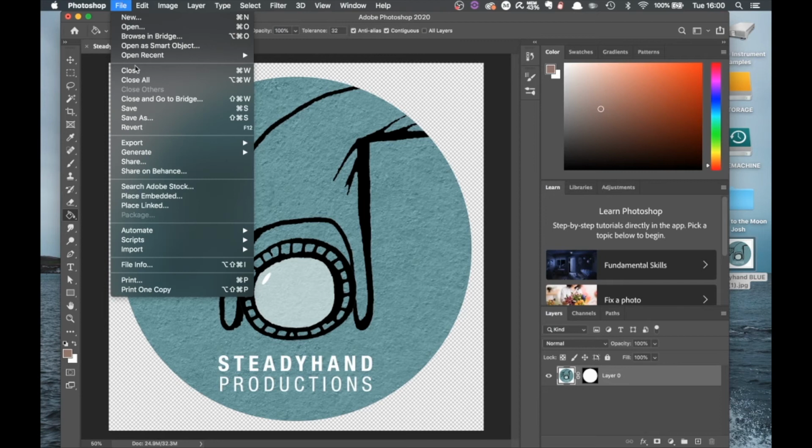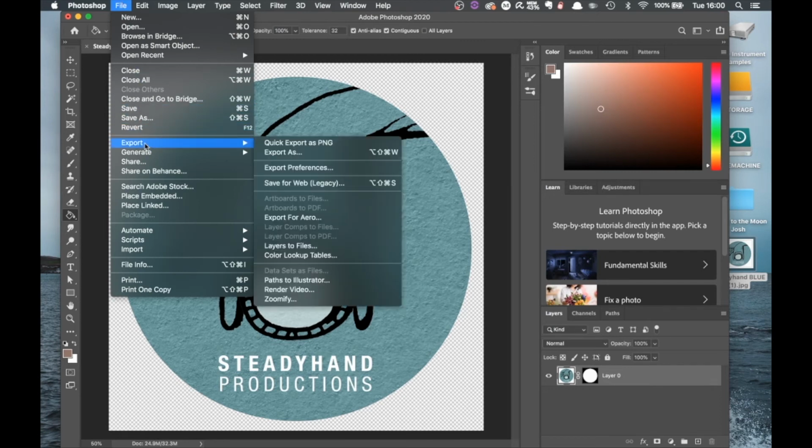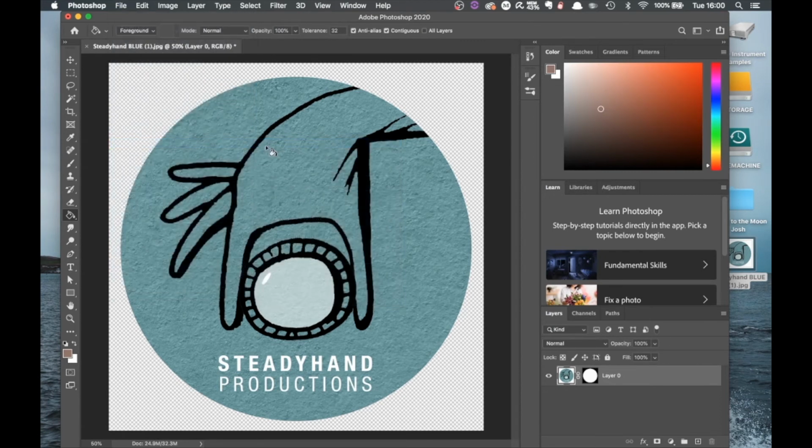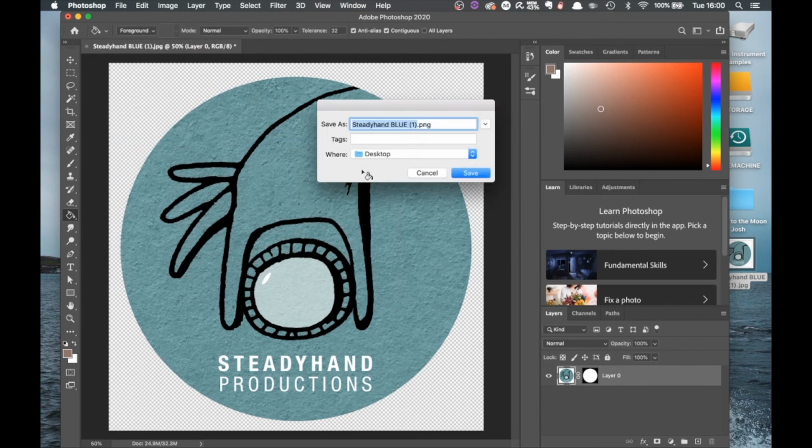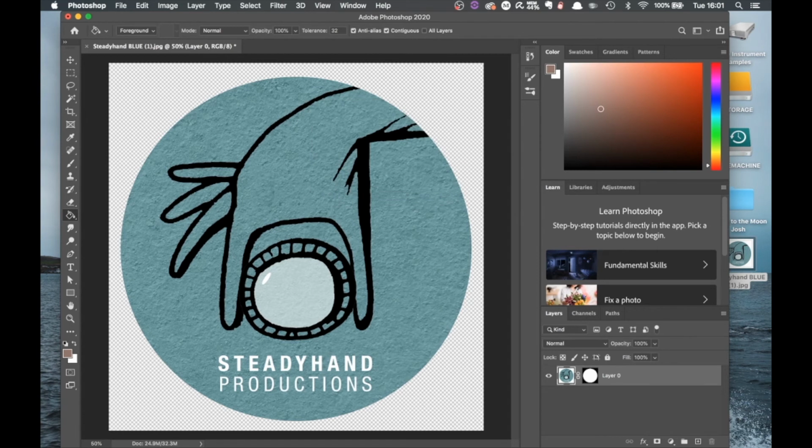So if we delete what we just did, all we have to do now is save the file as a PNG. So go up to File, Export, and then quick export as PNG. And we want to save this as whatever the name is, in this case it's Steady Hand Logo Transparent. Now that's us got a logo with a transparent background, and if we open up another photo in Photoshop, we'll